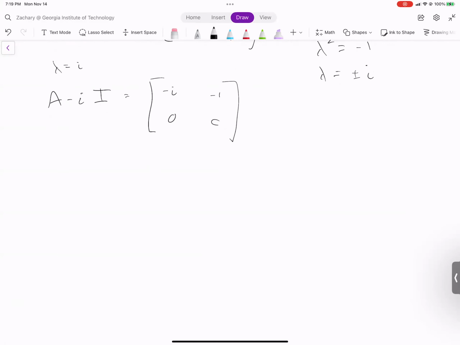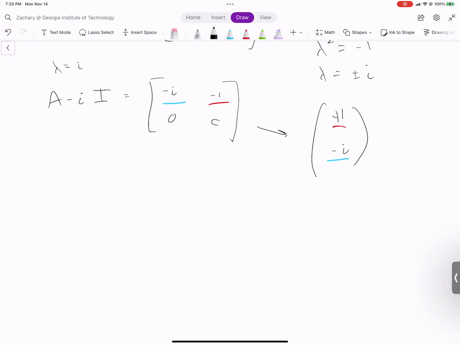All right, so now what we do is we find some eigenvector corresponding to this. And one way I like to do it is I like to flip them. So let me write this. Blue. So I like to flip it, -i, -1, and I make one of them negative. So I multiply by -1. This is an eigenvector. Okay. You can think of that as 1 times this plus -i times this. That gives us -i plus i, and that's equal to 0, right?